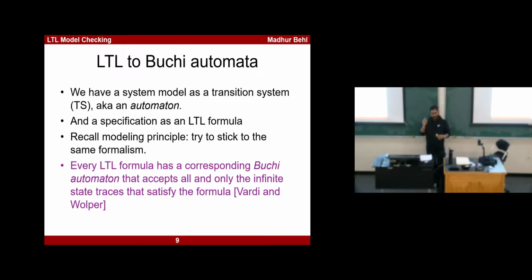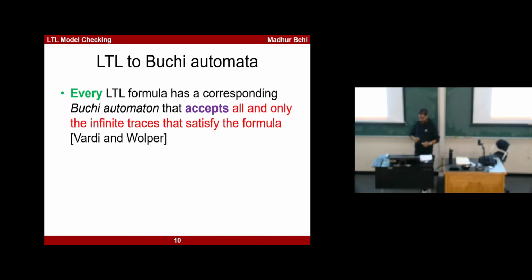So there's one keyword here that is not clear what that means. Okay, let me break this statement down. Every valid LTL formula has a Büchi automaton, and the word which is ambiguous in this definition is, what do I mean by it accepts? This automaton accepts traces. The idea is that if you have an LTL formula phi, you can convert this formula into an automaton,